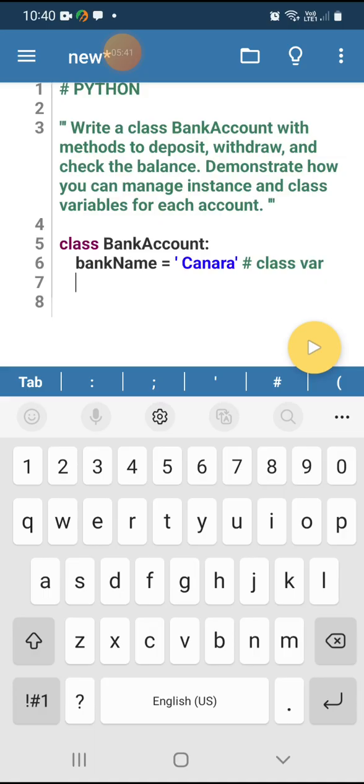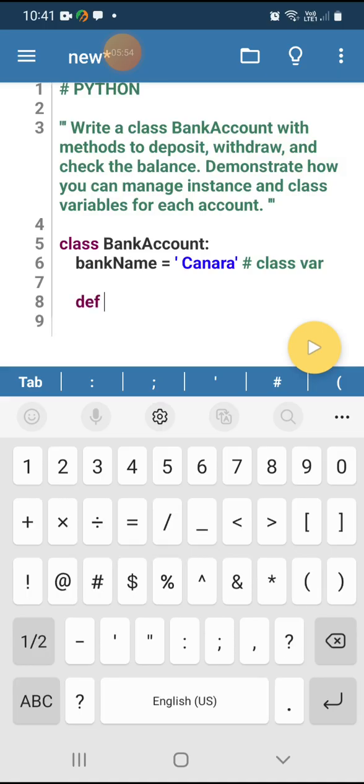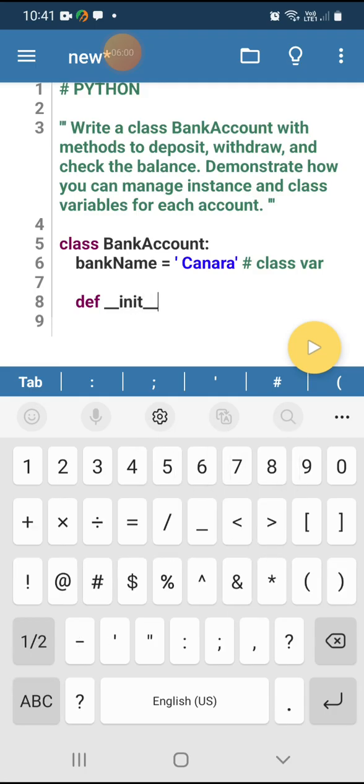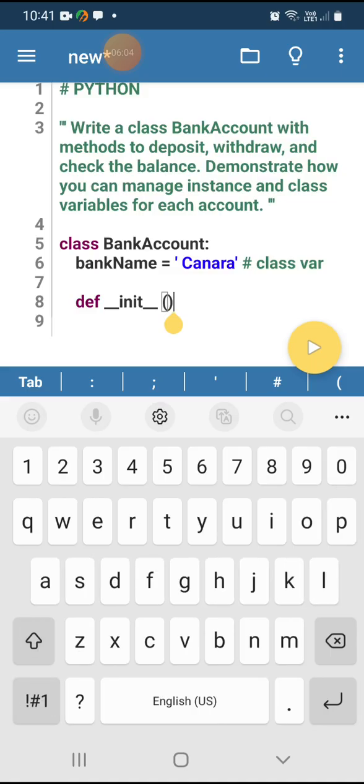Next is to display instance variables. We need to create some instance variables. To create instance variables, use the def keyword. Then, as I told you, the double underscore init method. This is called the double underscore initialization method, to initialize the object, to assign the